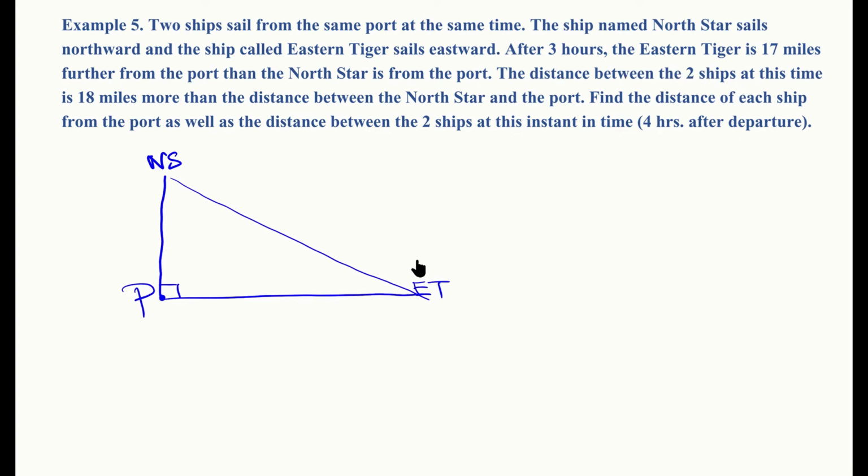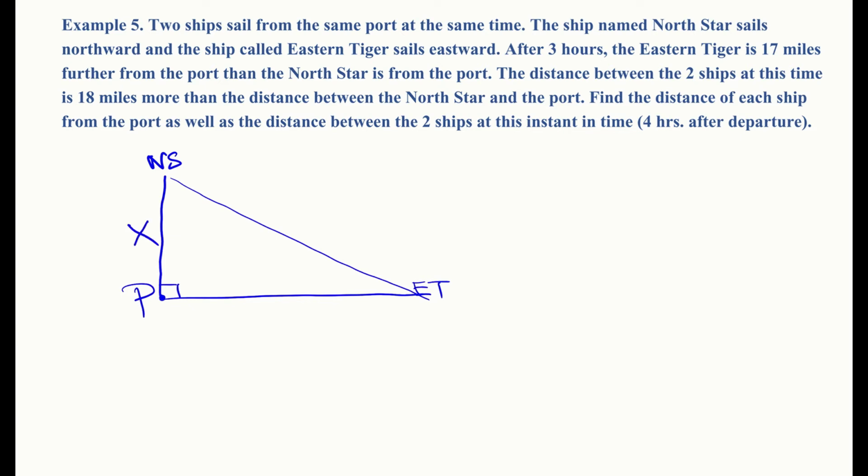It says, we know that at this point in time, this distance is 17 more than that distance, right? And it says the distance between the two ships is 18 more than the distance between the North Star and the port. So it looks like we're going to be using this distance twice. Once in comparison to this side and once in comparison to that side. So this is a Pythagorean application, but if you think about it, it's also just another comparison problem, which we utilize Pythagorean techniques to solve. All right,